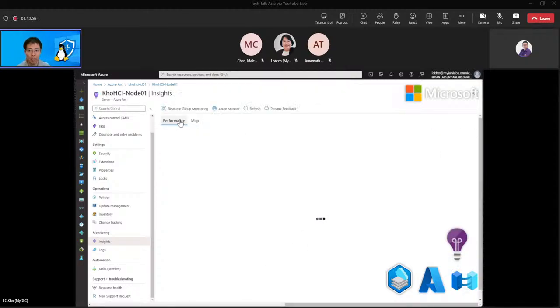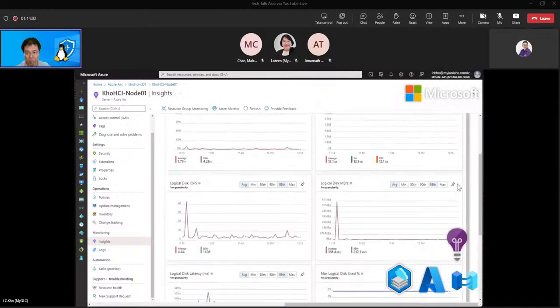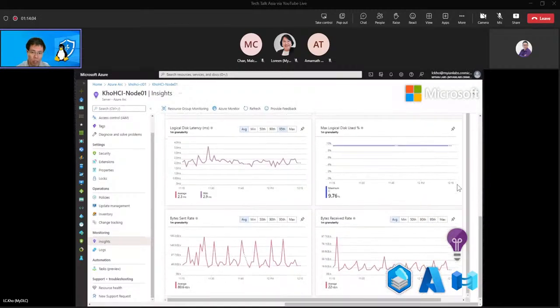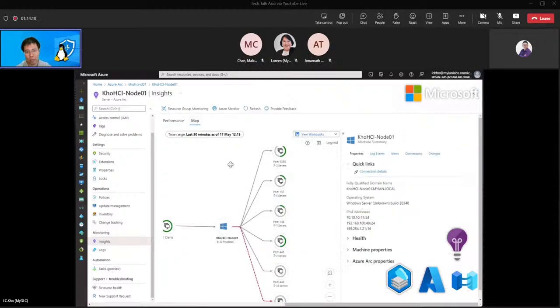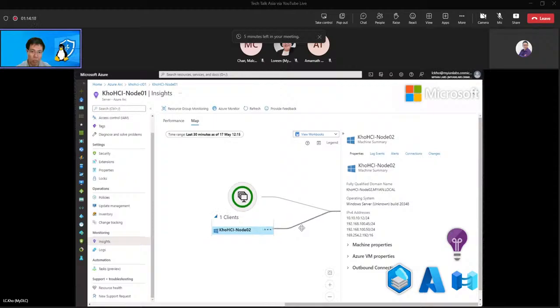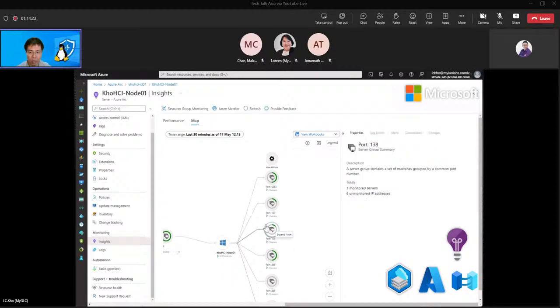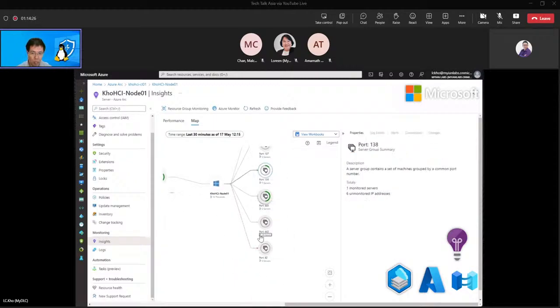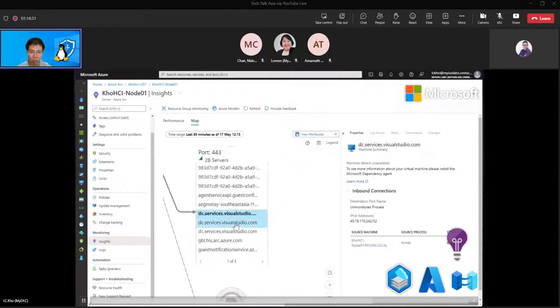Speaking of performance data, I can also use Azure Monitor to get an overview of resource utilization on my server. For example, I can monitor the CPU utilization, the memory utilization, and so on. At the same time, I also get a dependency map to have an overall understanding of the incoming and outgoing traffic to and from my monitored server. And from here, I can drill down into a respective endpoint,